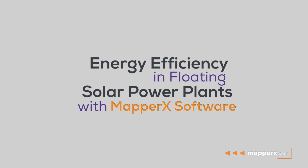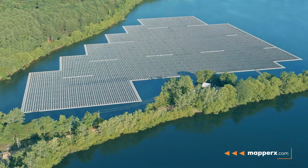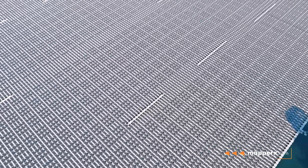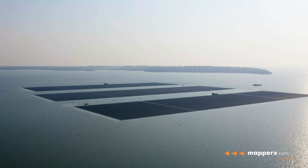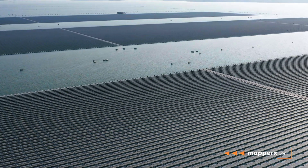Energy efficiency in floating solar power plants with Mapperx software. The topic of floating solar power plants requires the use of innovative technologies for companies working in this field for their operation and maintenance activities. In this context, the Mapperx software makes it easier to report thermographic inspection data for floating solar power plants and